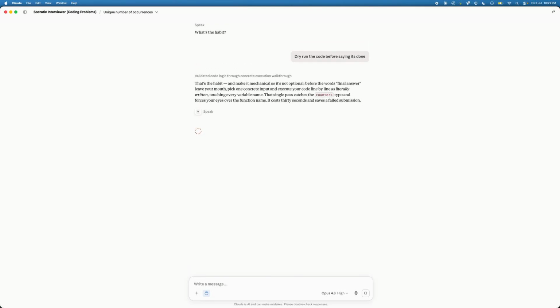That's the habit, and make it mechanical. Before the words final answer leave your mouth, pick one concrete input and execute your code line by line as literally written, touching every variable name. It costs 30 seconds and saves a failed submission.